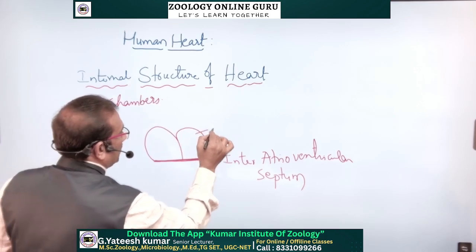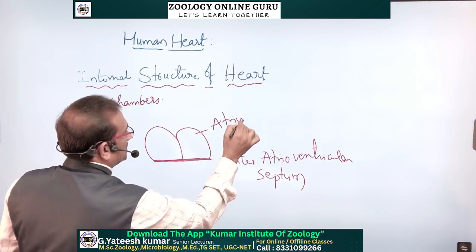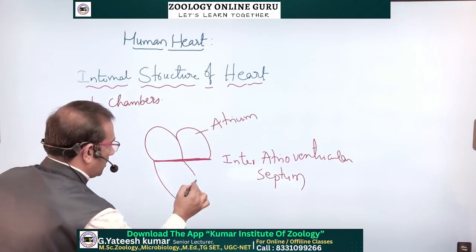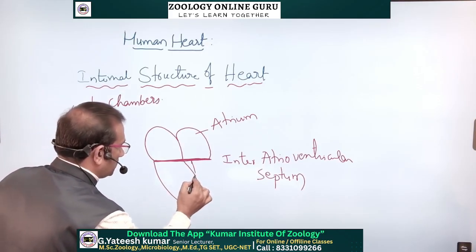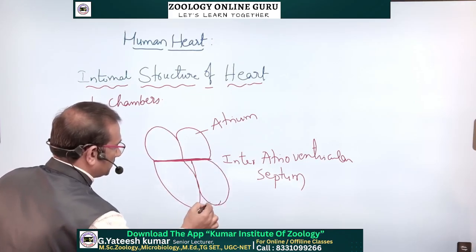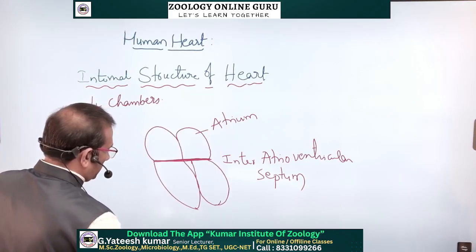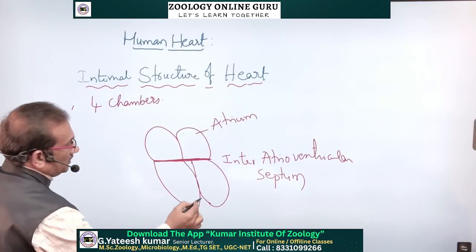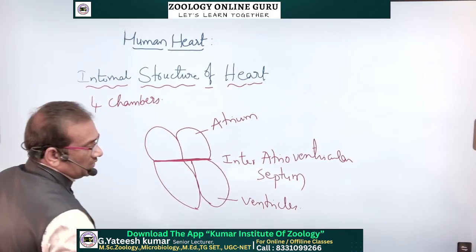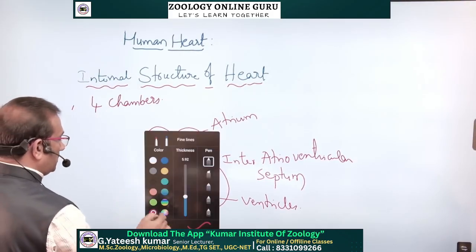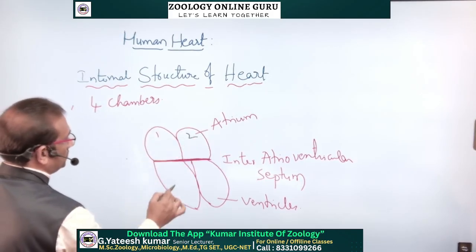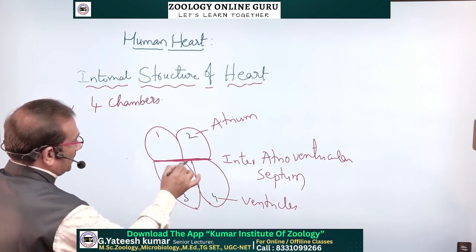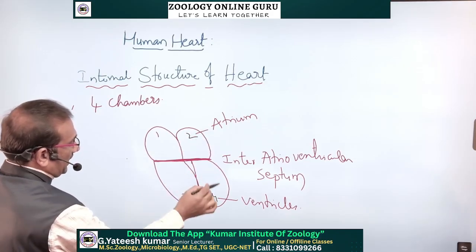These chambers are called atria, singular atrium, and down also 2 chambers are present. These 2 chambers are called ventricles. So here chamber 1, 2, 3, 4 chambers. So 4 chambers are present, and upper 2 chambers are called atria and down 2 chambers